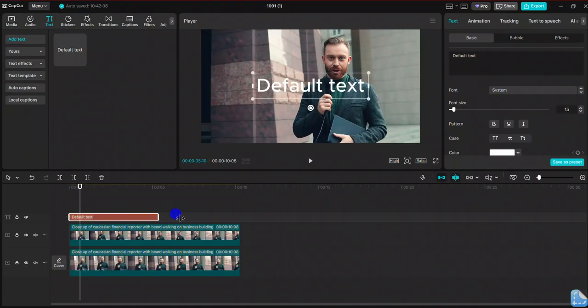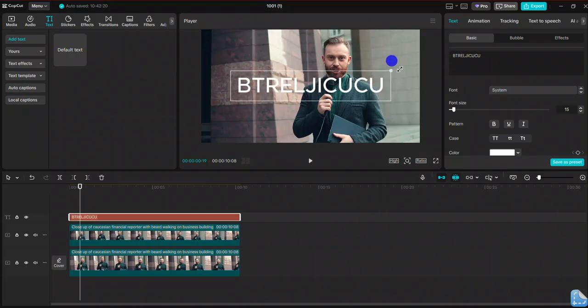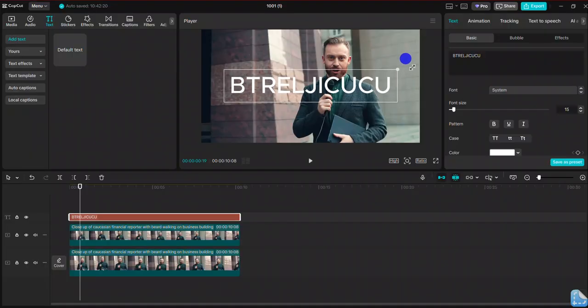So now stretch the text to fit the video length. After that, select the text and then go to this option and add in the text that you want to type. So I'll just add in like breaking. After you add the text that you want to type in, then now you can just stretch the video, resize